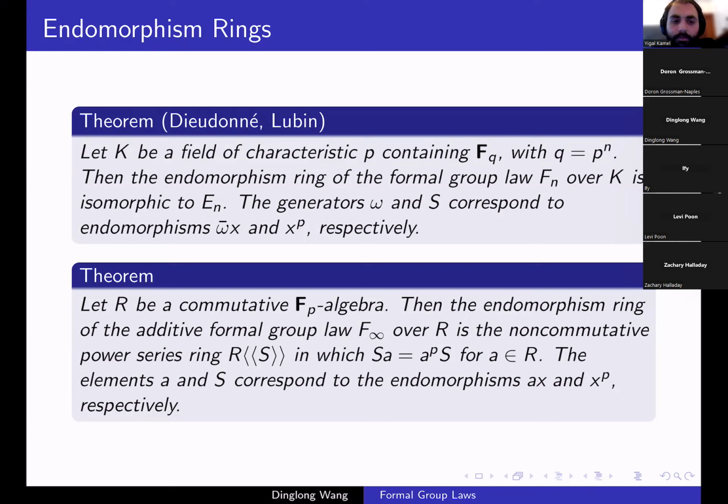So for the formal group law of infinite height, the endomorphism ring is actually very simple. It's the non-commutative power series ring R[[s]], in which sa is equal to a^p s for a in R. The elements a and s correspond to the endomorphisms ax and x^p, respectively. Okay,